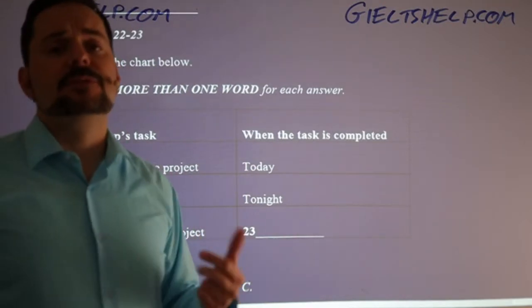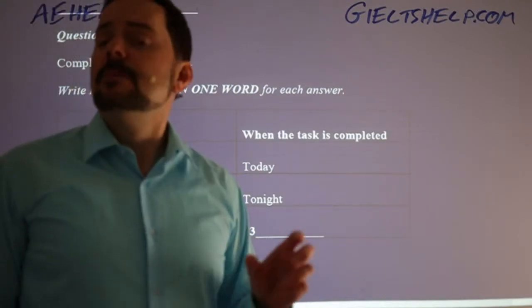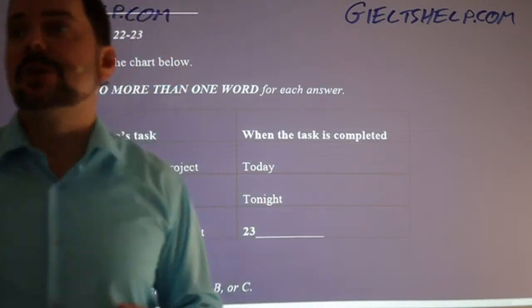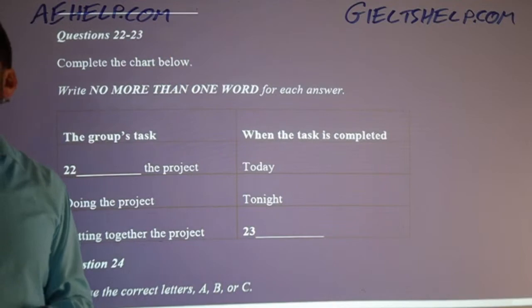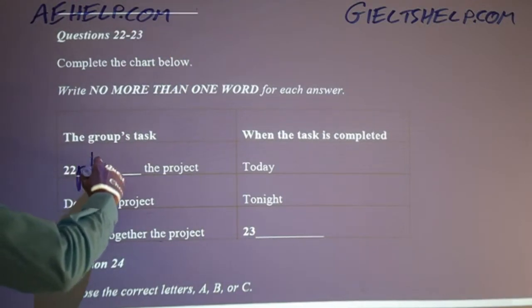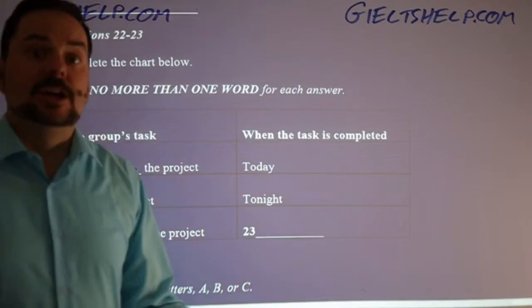If the question says no more than 2 words and it only needs 1 word, but the other word that you're using is accurate, it's an adjective, you'll still get that right, okay? Jack, William, Irfan, Miyen, they're all saying planning, and that's correct, they're planning. Okay, very good. Yeah, they're planning the project today. That's what we're listening to, right?